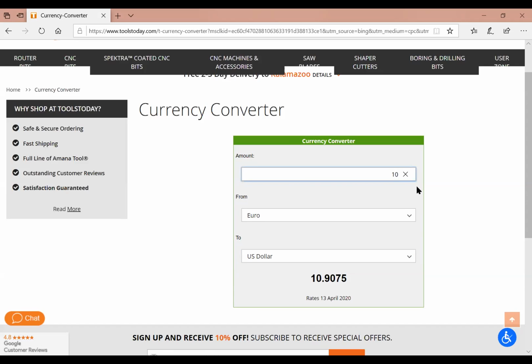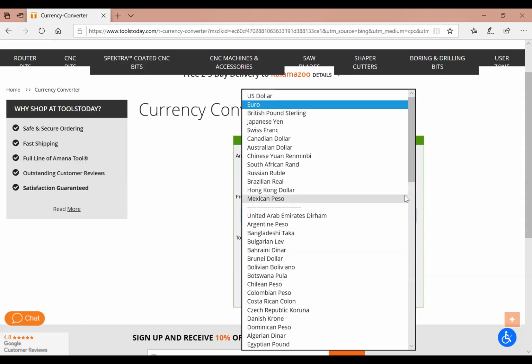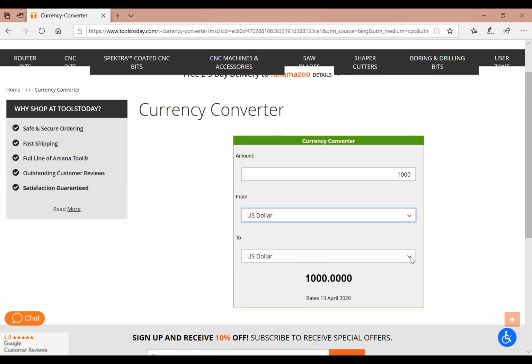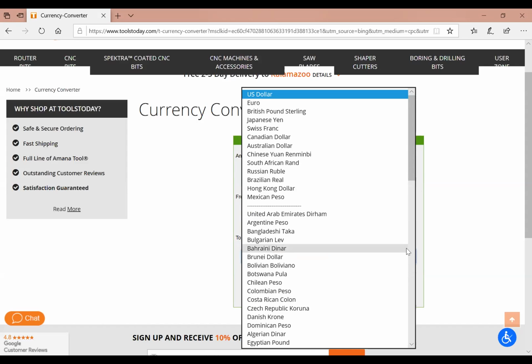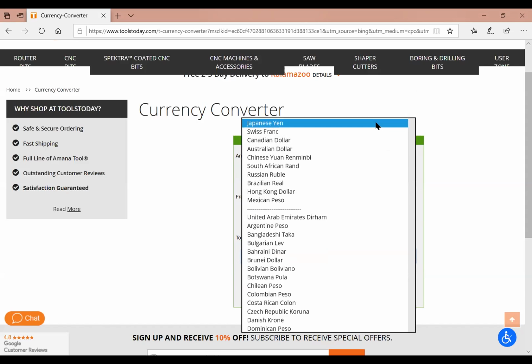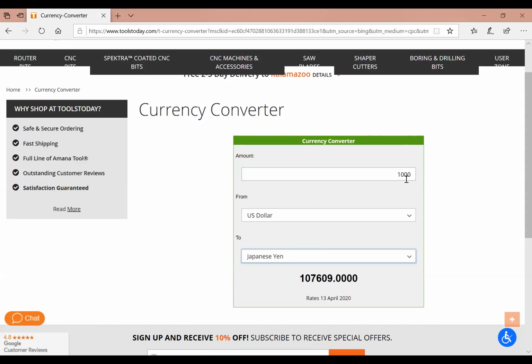Actually, the question was from U.S. dollars to, I think it was euros, or I can't remember. I know the one was yen. So if we had $1,000 U.S. dollars, that would convert into